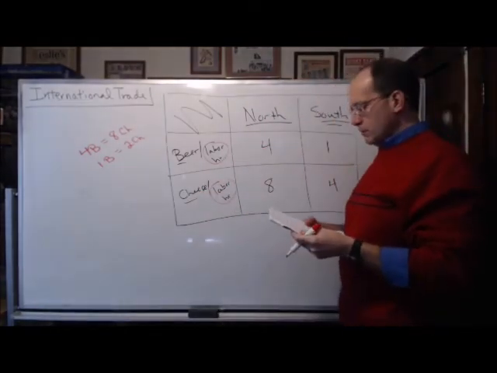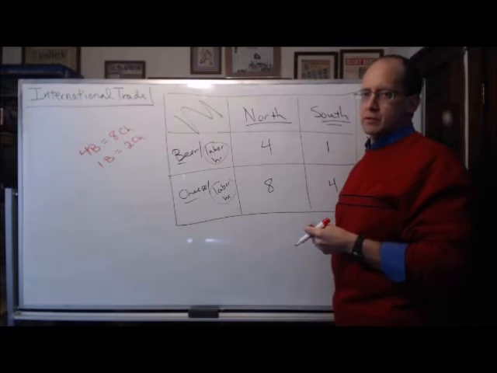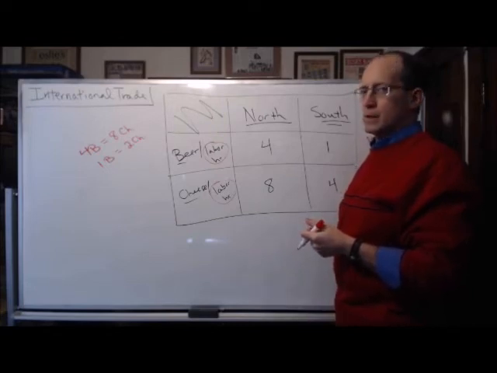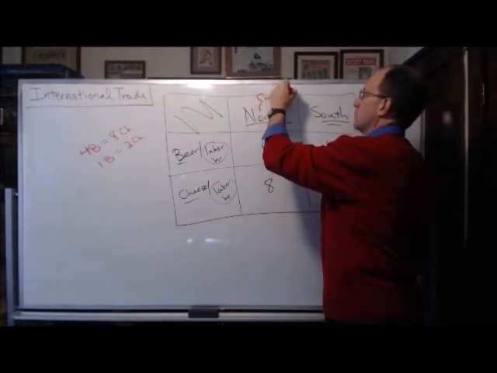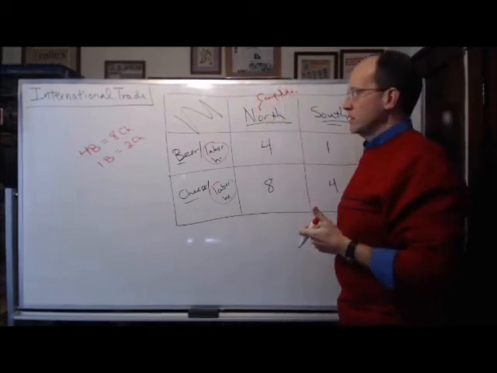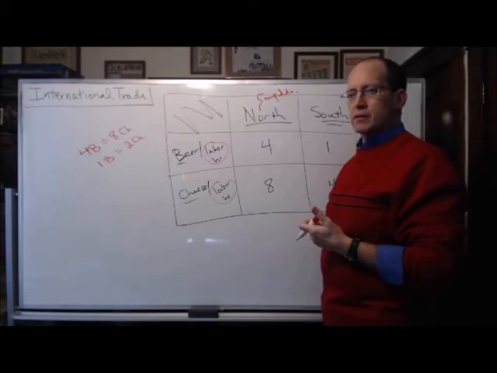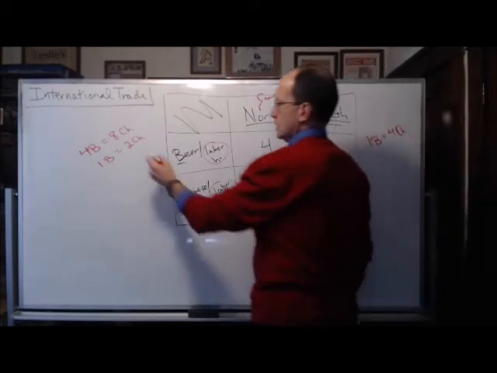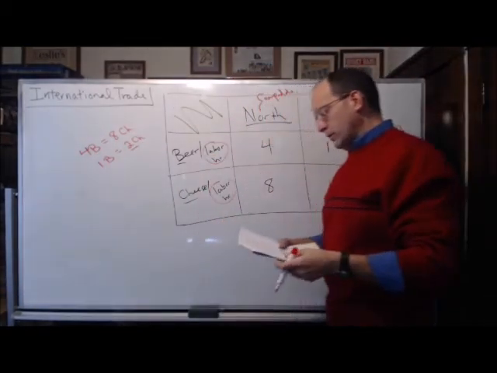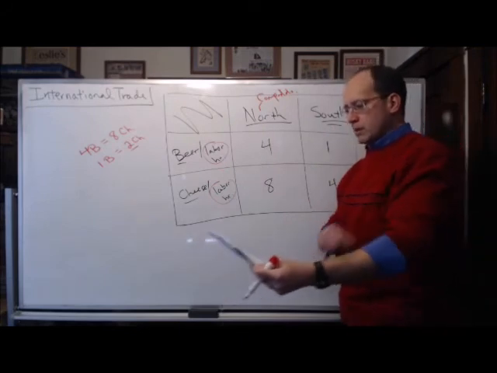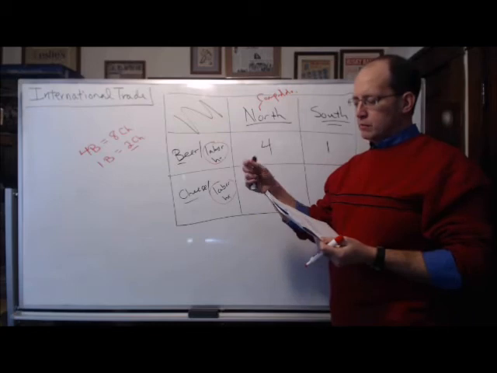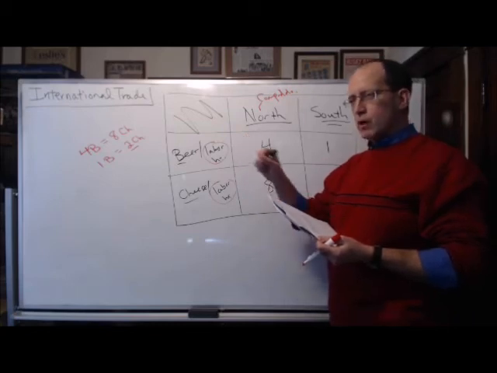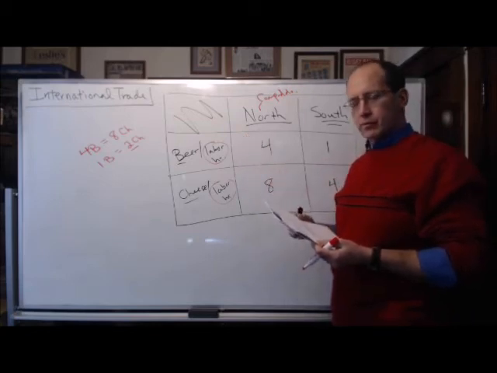So who has absolute advantage in beer production? The North, right? As comparative, I think I said absolute. But the North has comparative advantage in beer production, right? Their opportunity cost is lower. So if you're filling in the blanks there, thus the North has the comparative advantage in beer production. And if you're going back up to question 4 at the very top, you could put North there as well, and we showed it with those numbers.